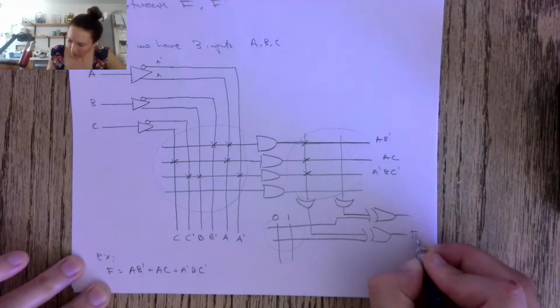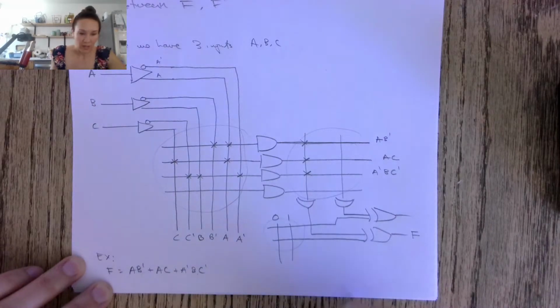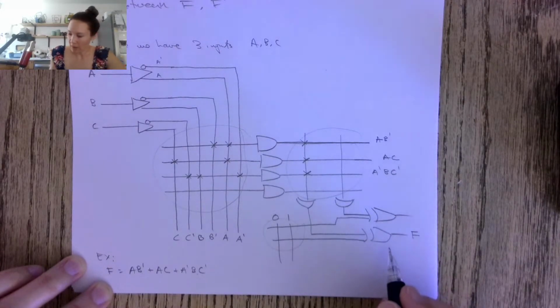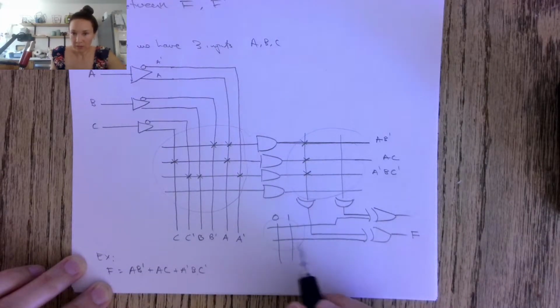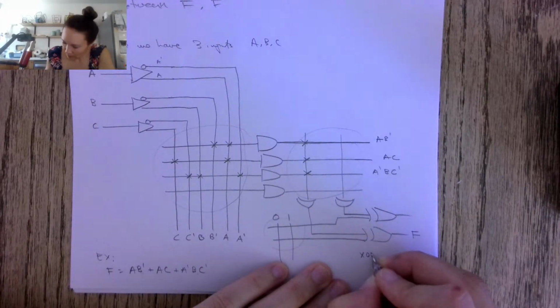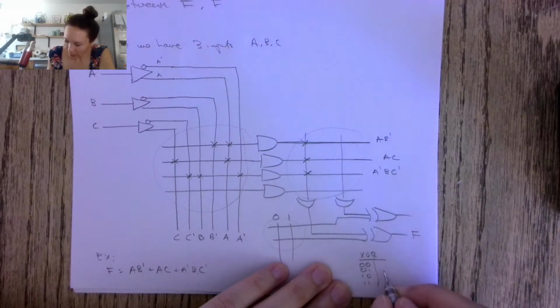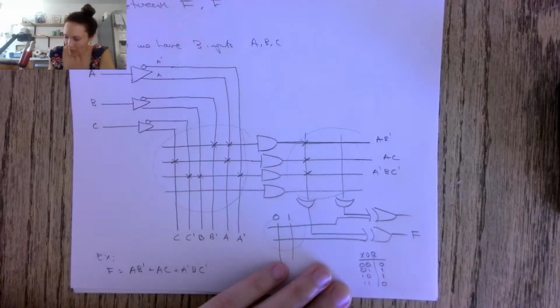This is going to go to our function output f, and I want this to be regular f and not f complement. So I want to XOR this with either 0 or 1. Let's refresh your memory on the truth table for XOR. If we have 0,0; 0,1; 1,0; 1,1, XOR is only going to be true when this is 0,1 or 1,0. So if both are 0 or both are 1, then our outputs are going